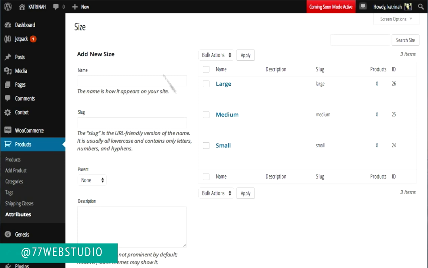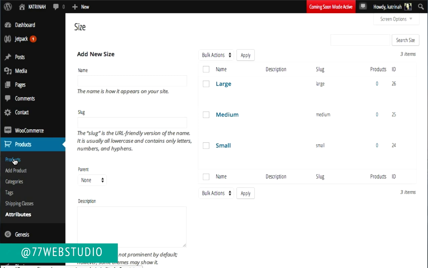Once all the values for your attribute have been created, now we can start using this pre-created attribute and values for all of the products within our store that would require this same attribute and values. So let's go back to our product that we were working on, the artistic round lamps, and I'll show you how we can apply this right now.